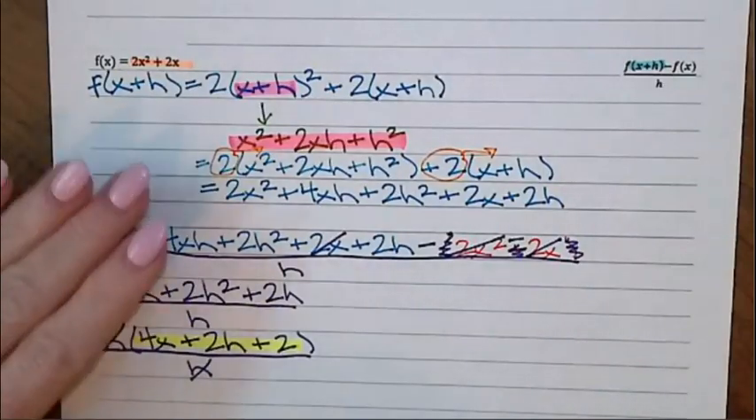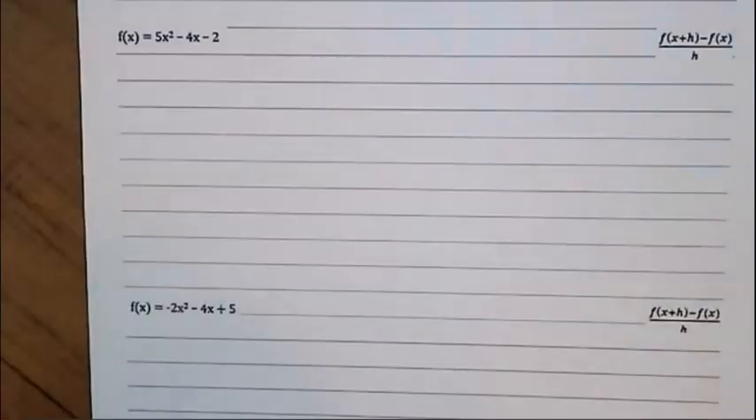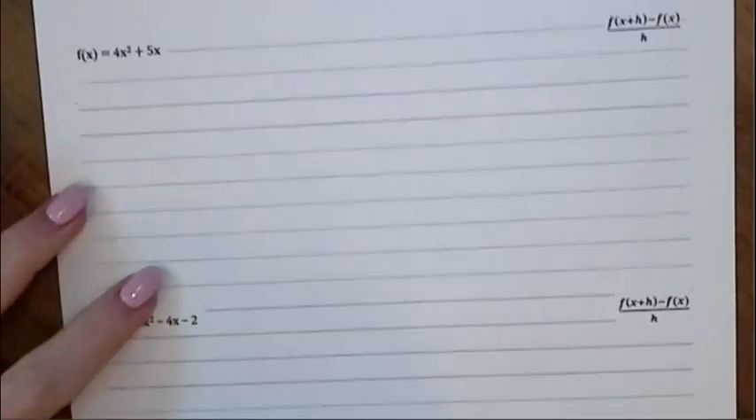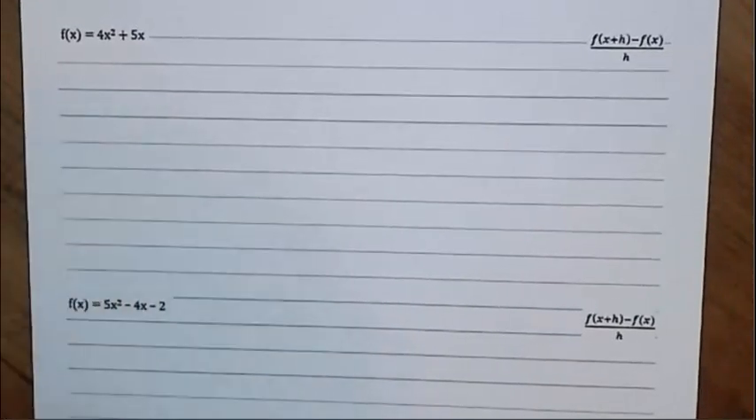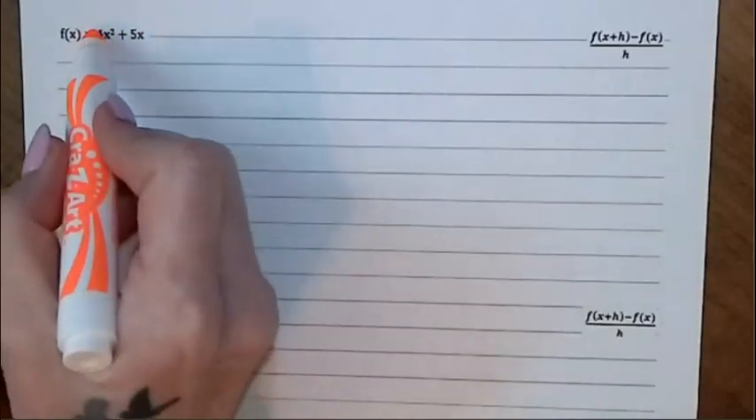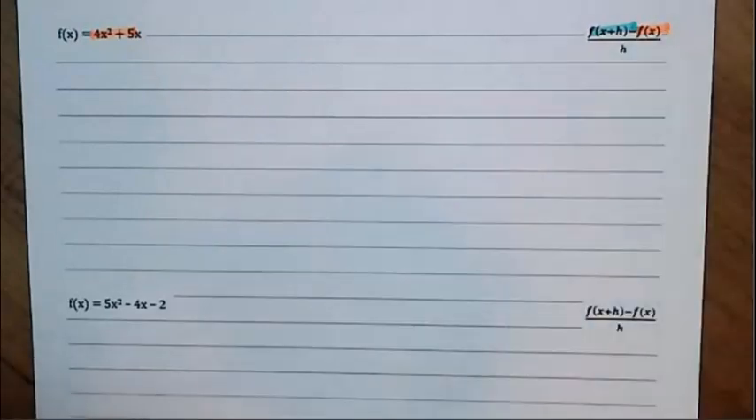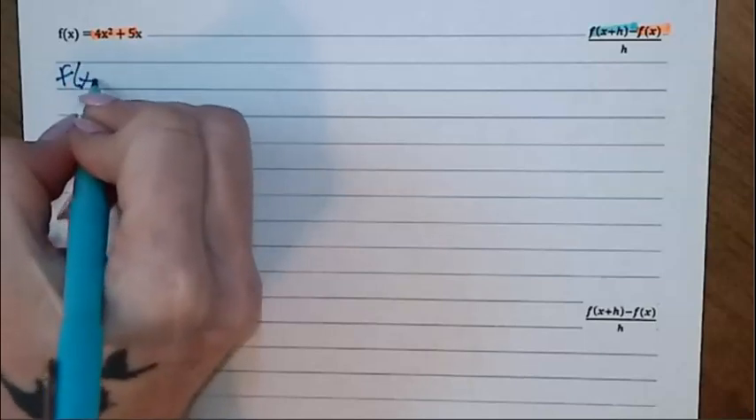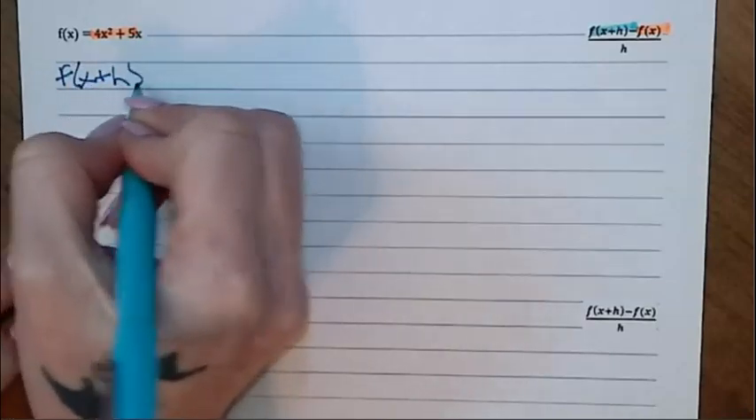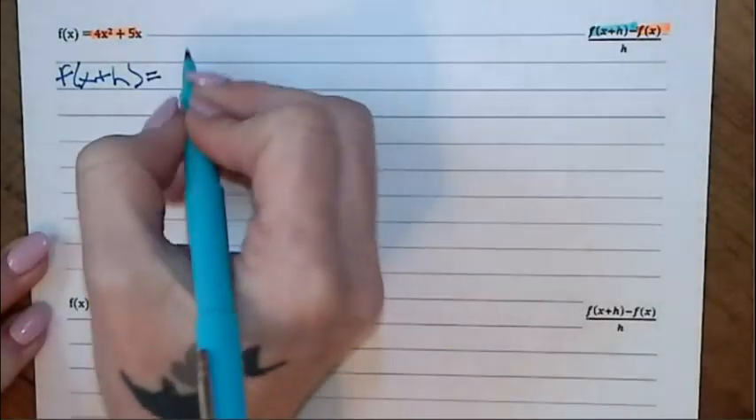Let's look at another one like this. Okay, let's do this one. So 4x squared plus 5x. So here's my f of x. And I want to find my f of x plus h. So I say f of x plus h is